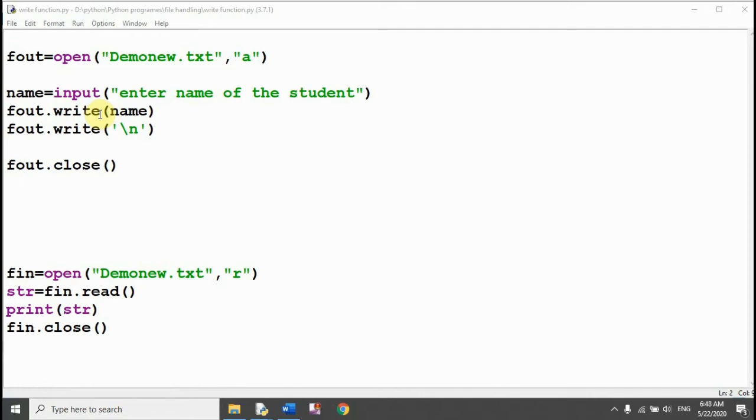Now the question arises, can this write function write a tuple or list into the file? Let's check it.